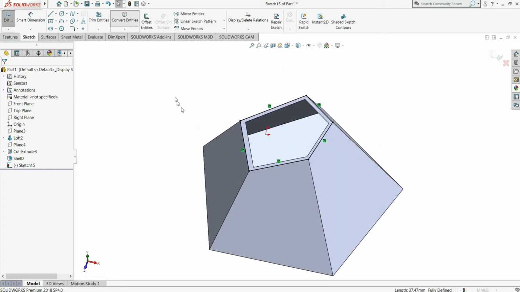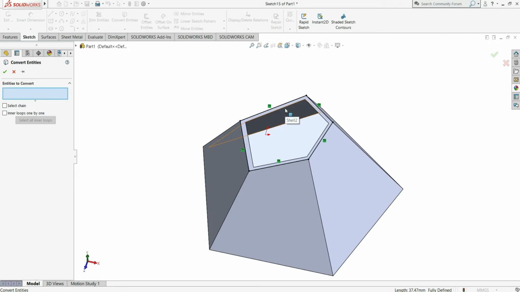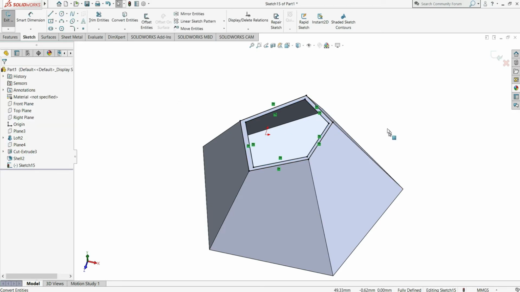So again select Convert Entities, select this edge, this edge, this one and all of these inside edges. And select OK from here. You can see all these inside and outside edges of this polygon are now converted.